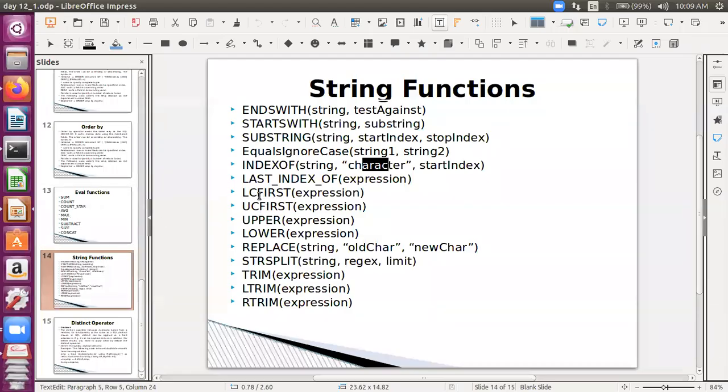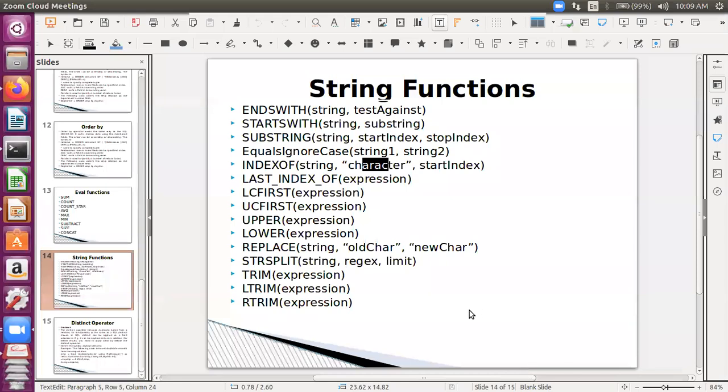Next is LC first. So LC first, UC first, upper, lower. These four functions, can we have a quick answer from somebody amongst you? Somebody who can tell me what they would be doing? Abhinav Kashyap has raised hand. Yes, Abhinav, you can unmute yourself.